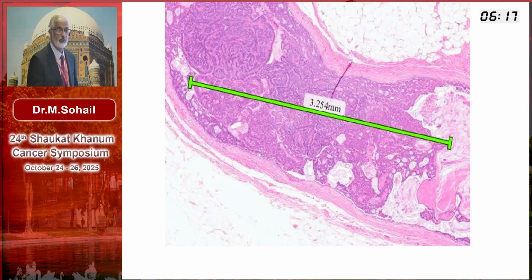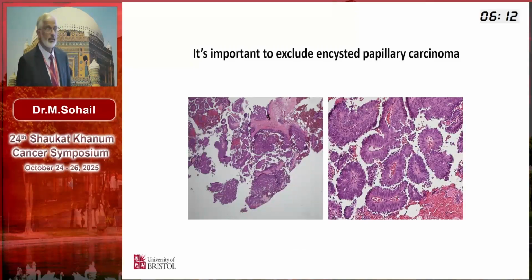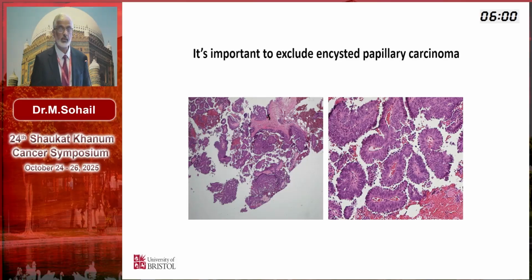So if this is 3 millimeter more, then this is called DCIS originating in intraductal papilloma. But also you have to be careful that those lesions which are entirely made up of these papillary structures lined by two cell layers are intracystic papillary carcinoma de novo. How to differentiate from papillary DCIS is simply the size.